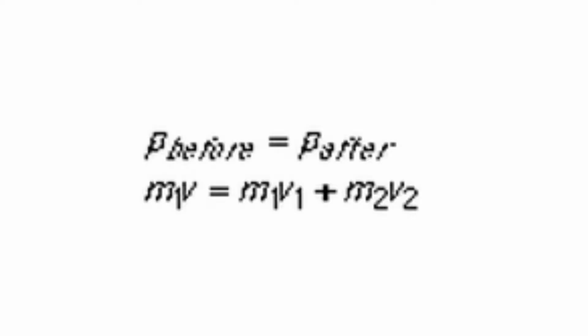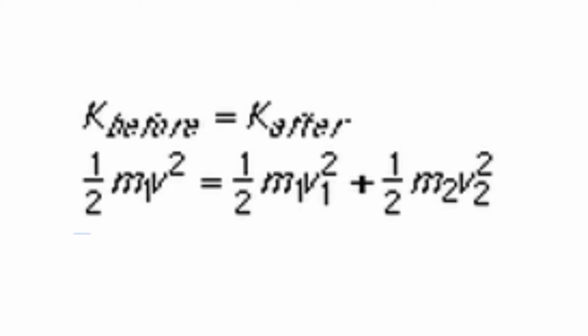Since this is an isolated system, the total momentum of the two particles is conserved. P before equals P after, which means m1v equals m1v1 plus m2v2. Also, since this is an elastic collision, the total kinetic energy of the two particle system is conserved. So this means K before equals K after, which is 1/2 m1v squared equals 1/2 m1v1 squared plus 1/2 m2v2